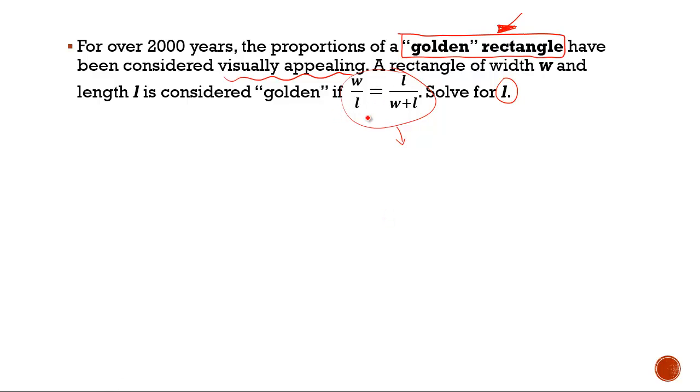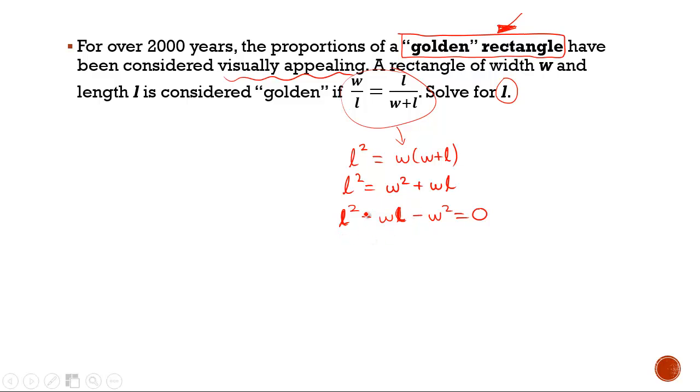So cross multiply, that'll be L times L equals W times W plus L. So that's L squared equals W squared plus WL. And because we want to solve it for L, we should put it into the quadratic formula. Notice if there wasn't a square, then we'd get the terms together and factor them out. But if we get the terms together like this, we can't just factor out a common factor of L,